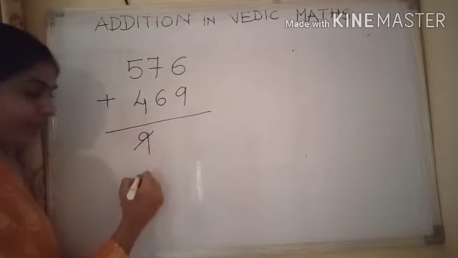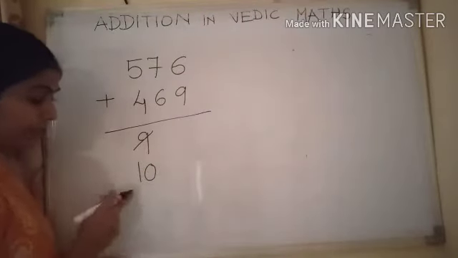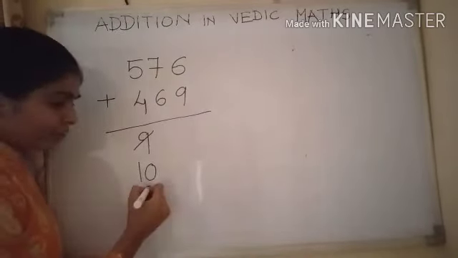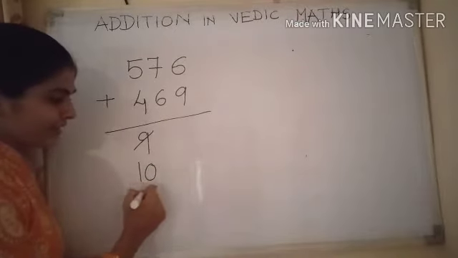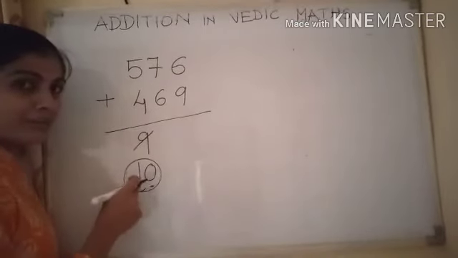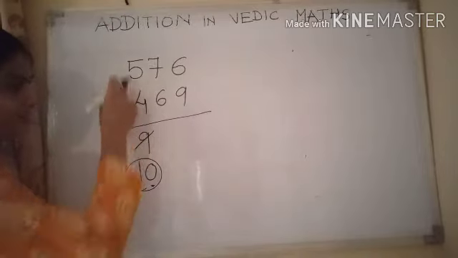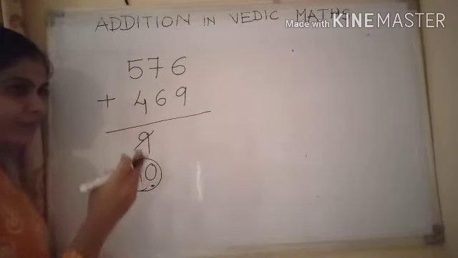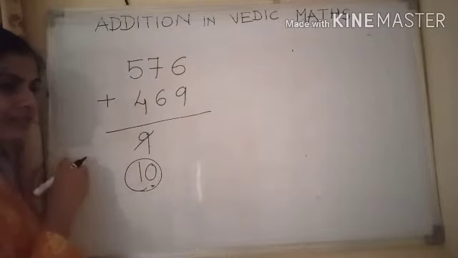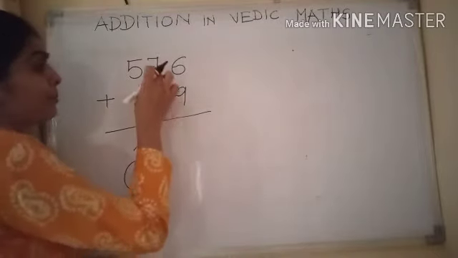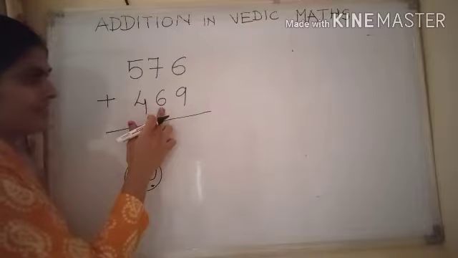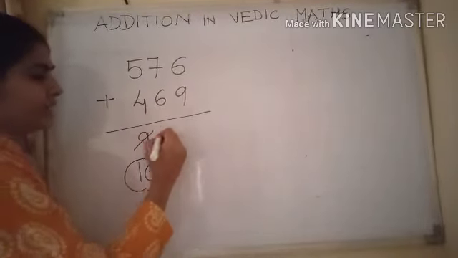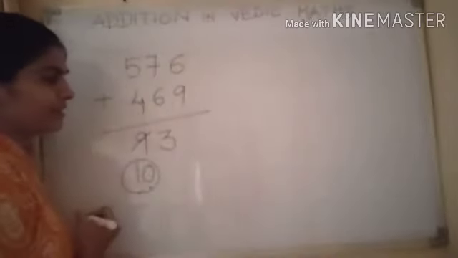If we add 1 to the 9, we should write 10. It is just the beginning, so we won't write only 0. We will write the entire 10. Keep this in mind. Whenever we write the addition of the first digit, we need to write the entire number, because we cannot forward this carry to any other number. 7 plus 6, which is equal to 13. So we should write 3.